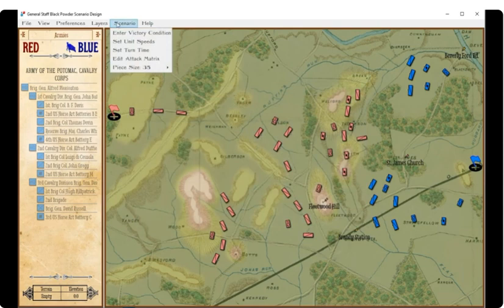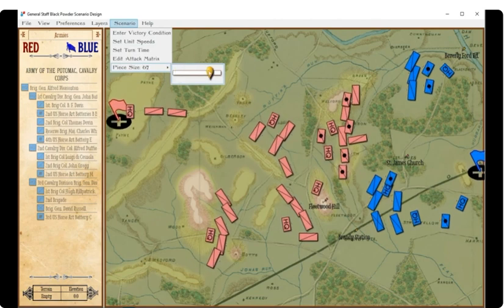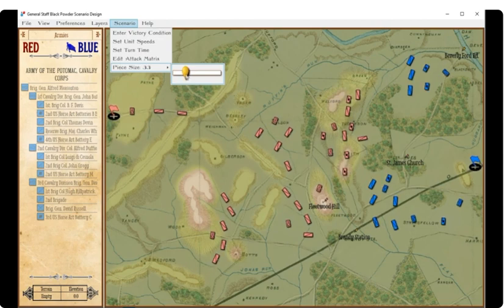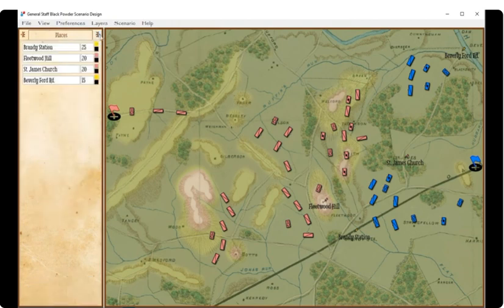And then the piece size. Again, based on the scale of the map, you can see the units getting smaller and bigger, completely up to you. But that's got to be based on the scale of the map. And then last of all, you save everything. Oh, well, actually we should check. Here's all the places. We can set the values for these here, and we can set who owns them, if they're blue, red, or yellow for neutral.